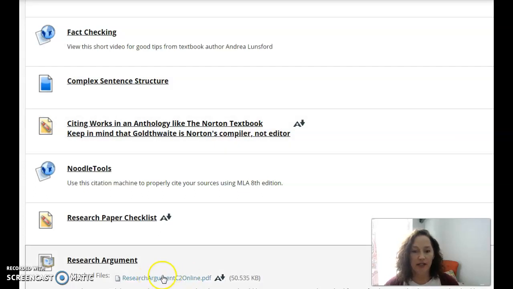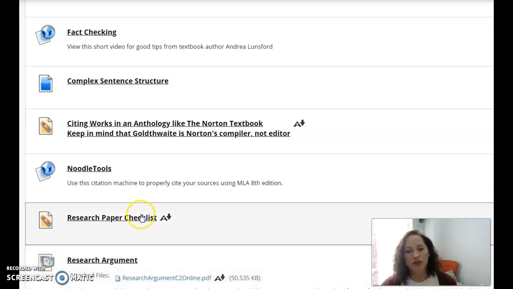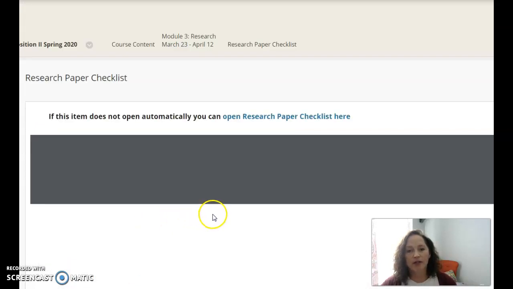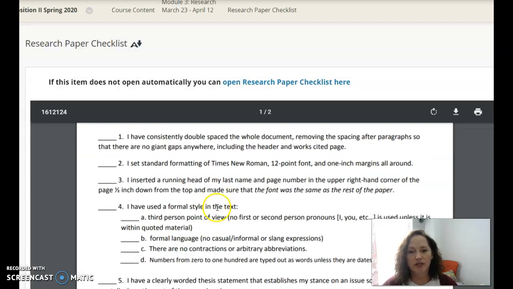It's linked there in the assignment link as well if you don't remember what the requirements are. Okay, do please use the research paper checklist. That's going to help to ensure that you don't miss a bunch of silly little unnecessary points. Like if you put your paper in the box with 11-point font or Calibri, that's not what I'm asking for. So you've got to meet the requirements of the assignment.